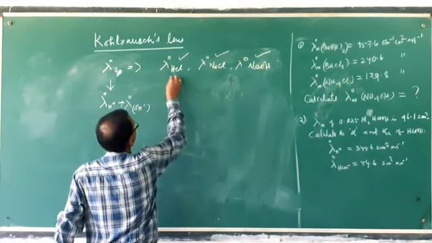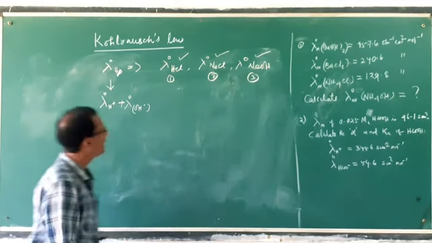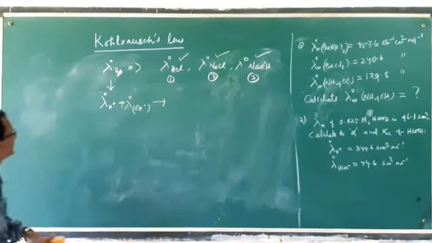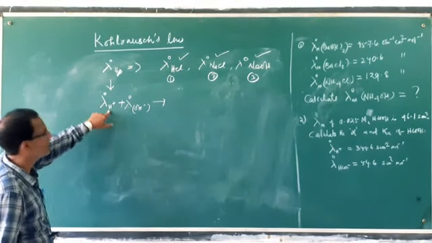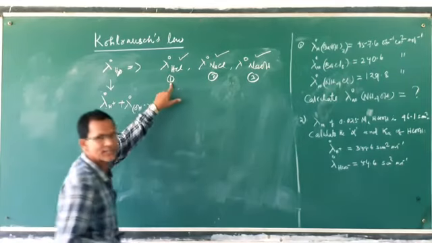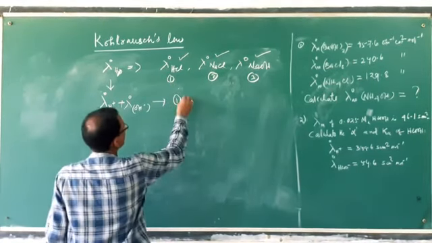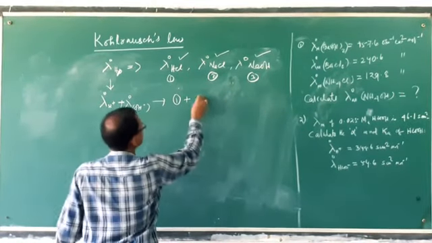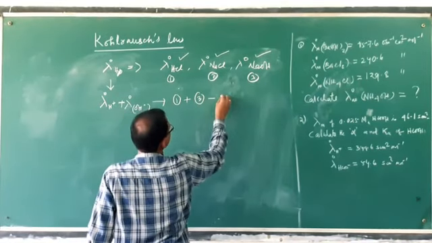So by taking 1, 2 and 3, how can you get this value? Where is the H plus available? Here you see, H plus is available in the first data. So take the first equation, plus OH minus is available in the 3, so add 3. Then NaCl is not required, so 2.